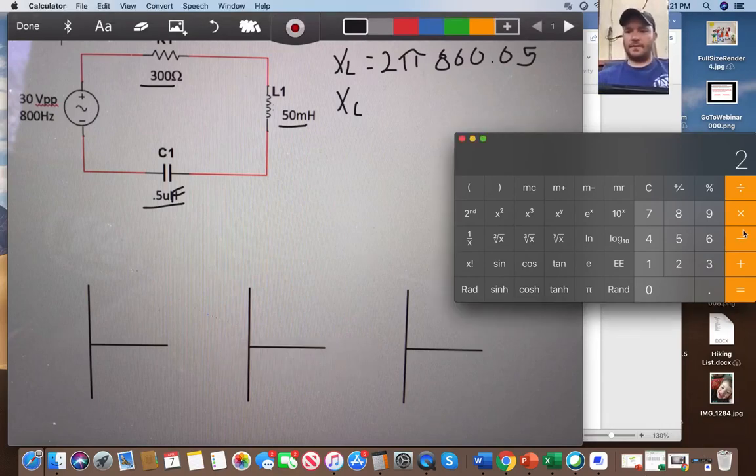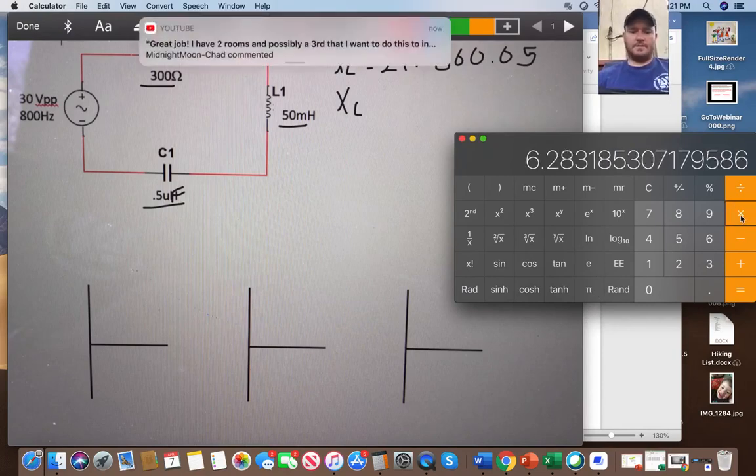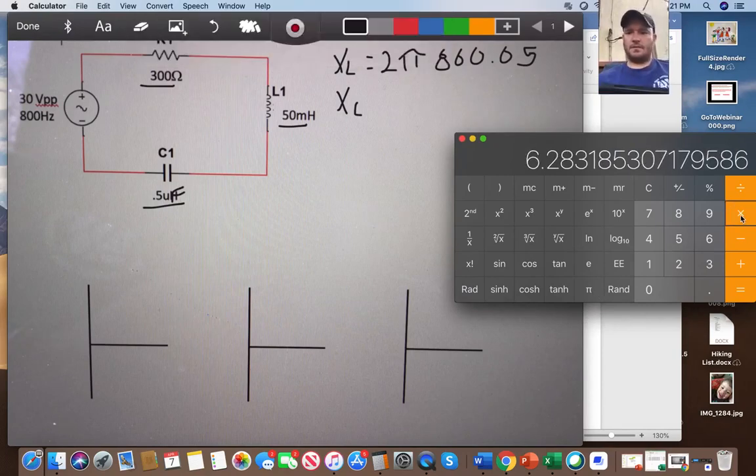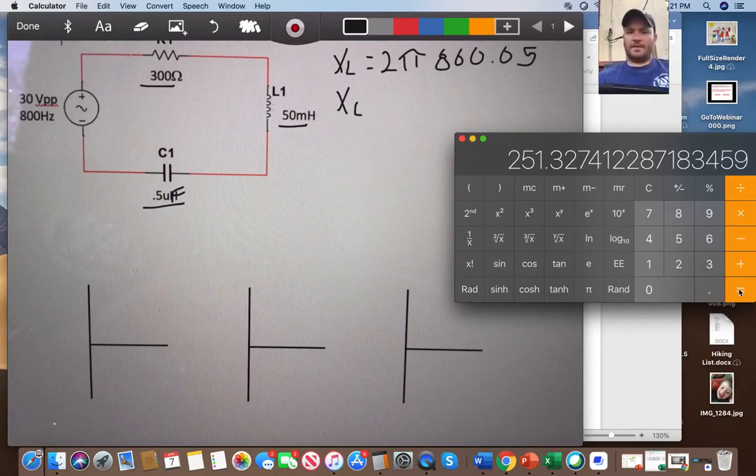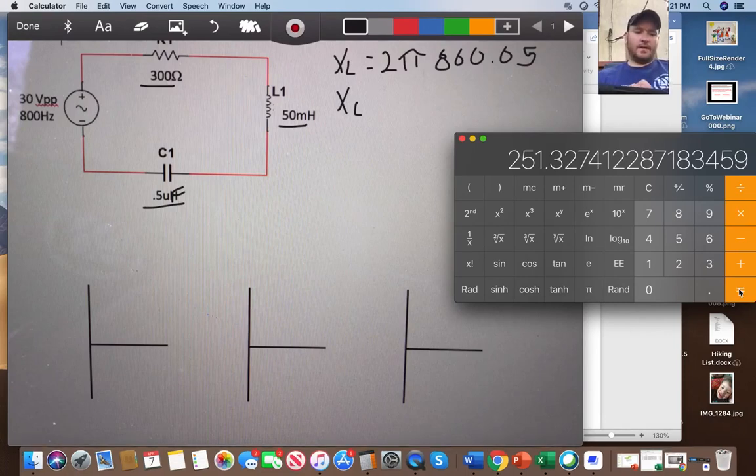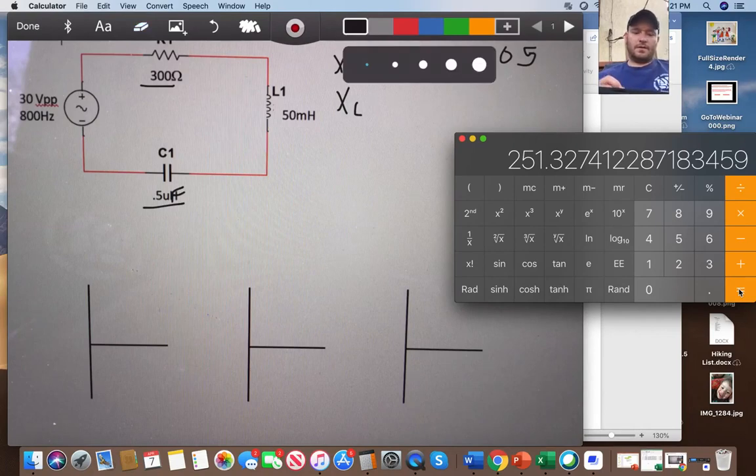So we have 2 times pi times 800 times 0.05, and I have an X of L value here of 251